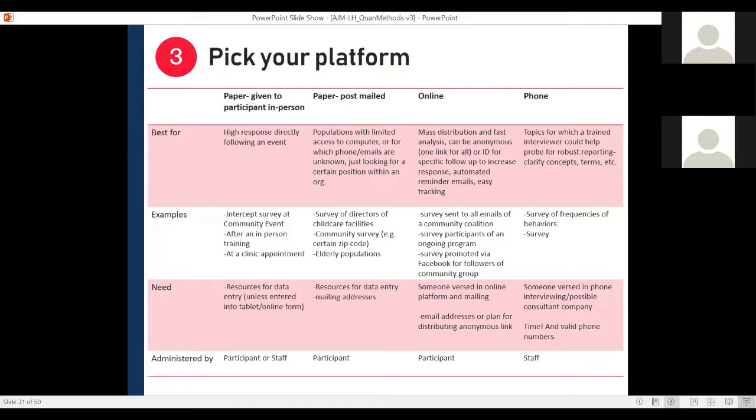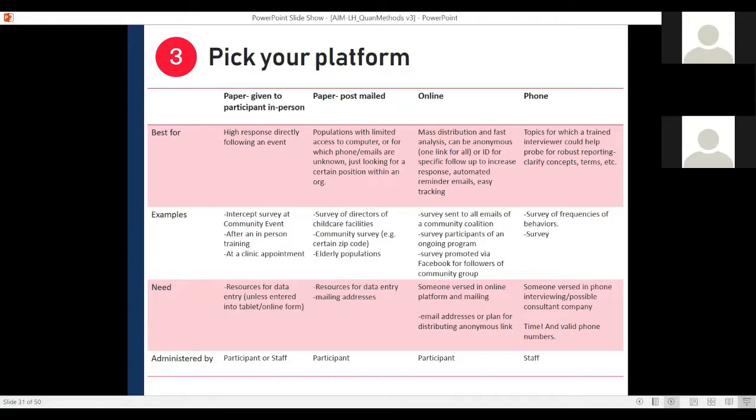For the paper surveys, the ones that you would give to a participant in person, you really want to think about them for somewhere where you want to capture somebody at an event. It might be at the end of a training, or at a community event, or you might have someone at a clinic. This would be either administered by a staff member, or the participant fills it out themselves. If it's a training, you can even put 5 minutes into your agenda at the end. You have a captive audience, and you can really get that evaluation from them then. You get a high response rate versus if you had sent them something afterwards.